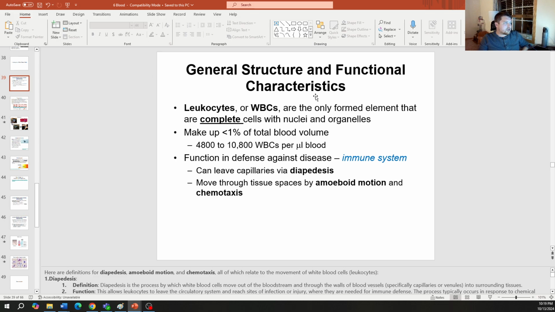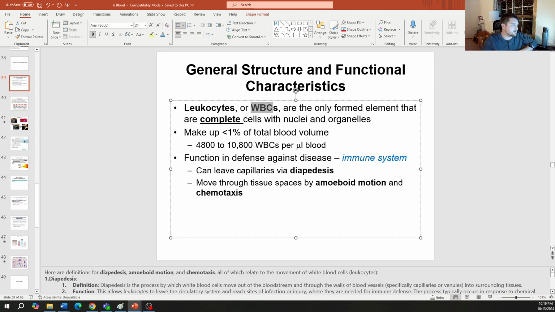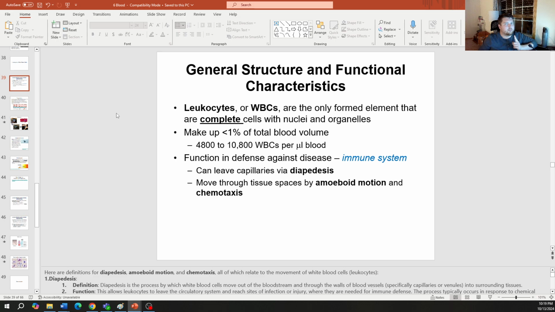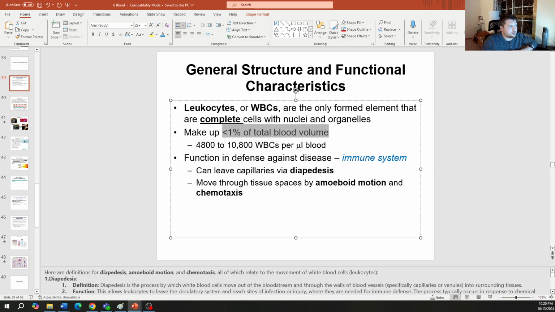So, general structure and functional characteristics of our leukocytes. These are white blood cells. Again, these are our only complete cells, which means they have the nucleus, they have the nucleolus, they have all those organelles. You know, they can do all of the stuff that cells do that we've talked about up to this point. They make up about 1% of our total blood volume, and the normal range